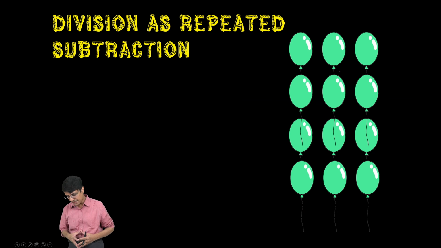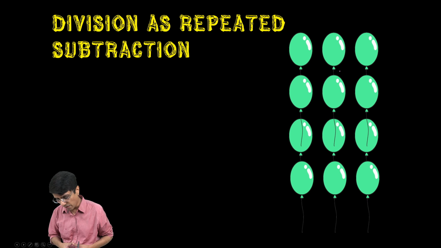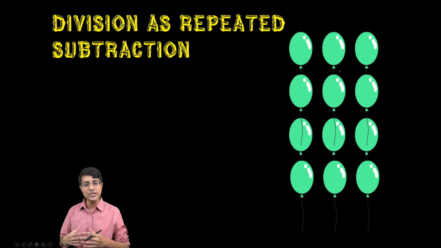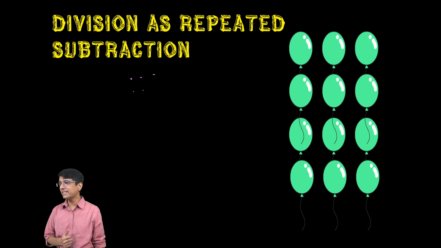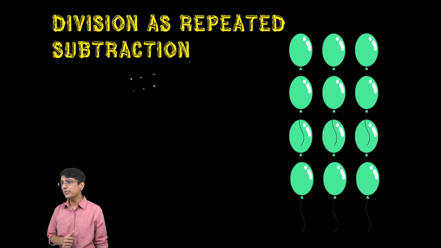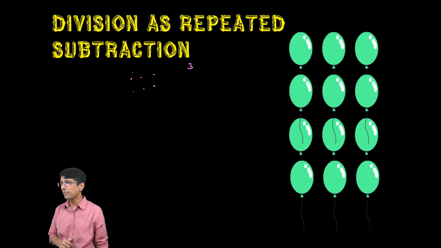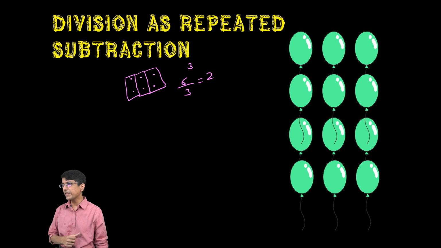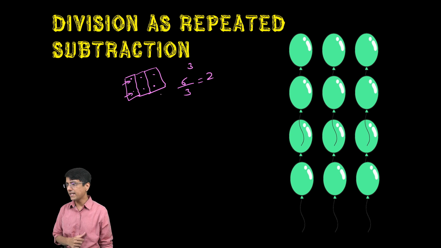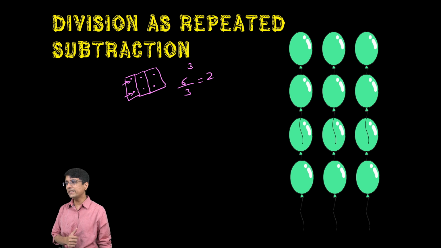Now, before we understand whether division is actually closed with respect to whole numbers, let's understand what division is. I mean, division you already know, right? So one way to look at division, for example, if I have 6 things and I want to divide them into 3 equal parts, the way I would do it is that I would group them into 3 groups, and I would say that 6 divided by 3 is equal to 2. That is one way of looking at it, right? Because each of these parts has 2 objects. So when I divide it into 3 groups, the answer is 2.